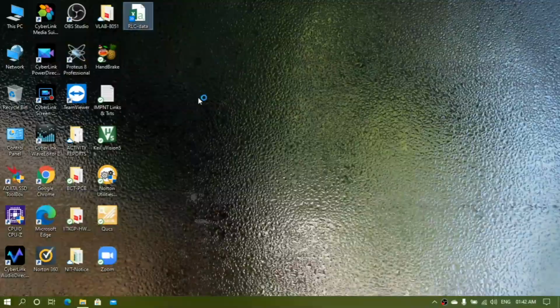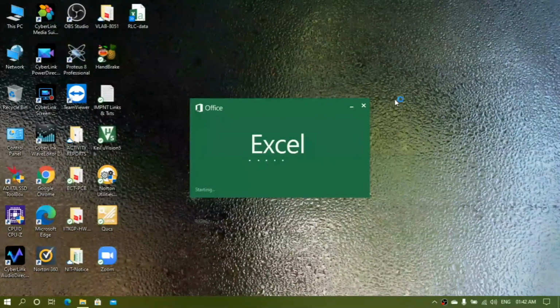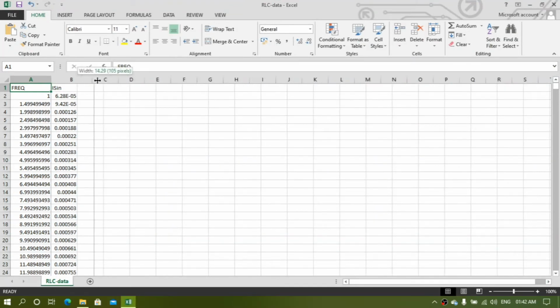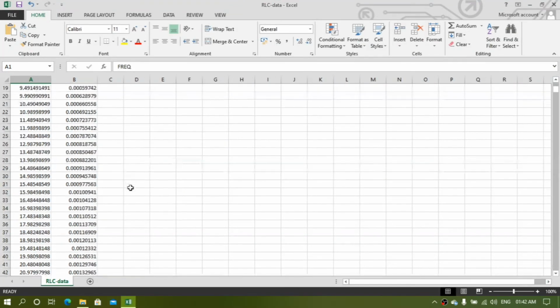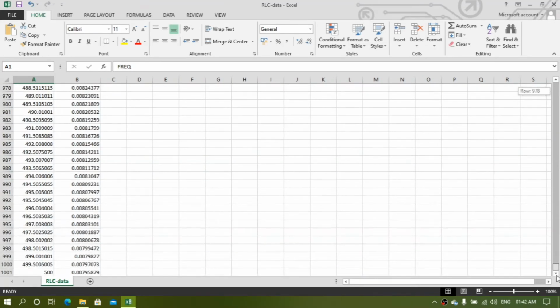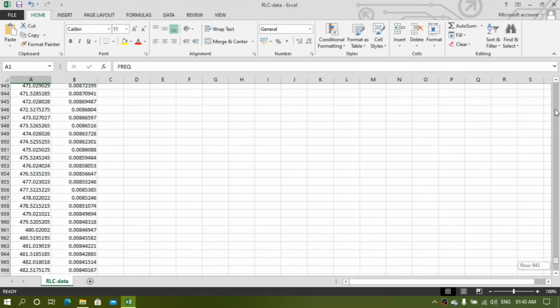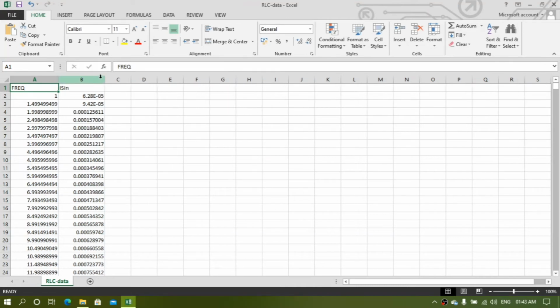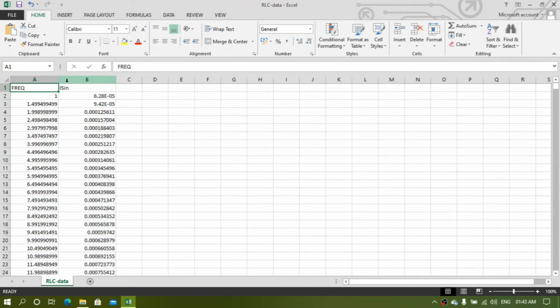When you double click it, automatically it will open in Excel, and you will find all 1000 data points in your Excel sheet. It will actually be 1000 because the first row has been named as the axis name, frequency and I sign, as per the Proteus graph.